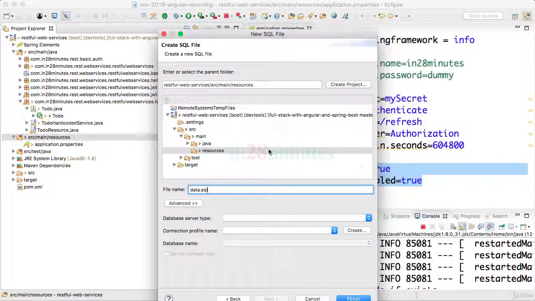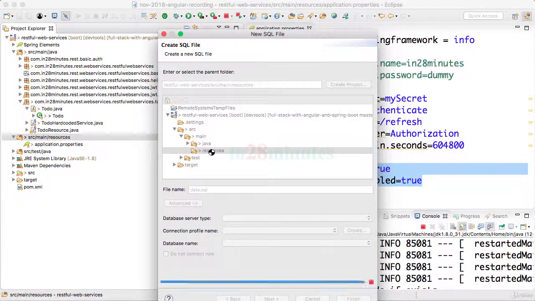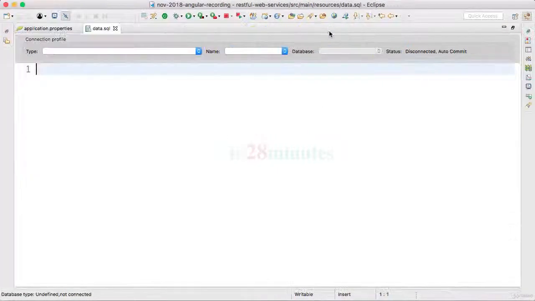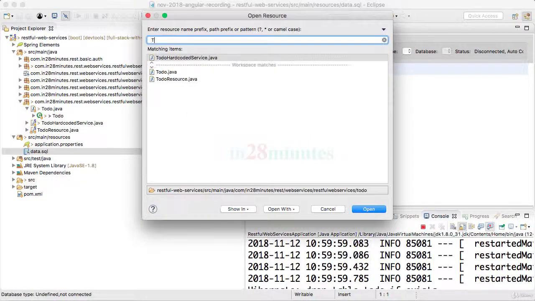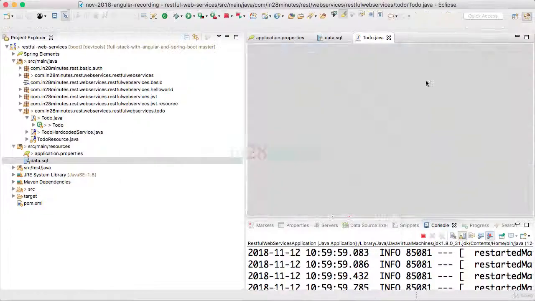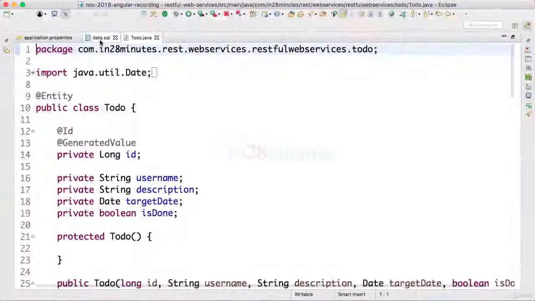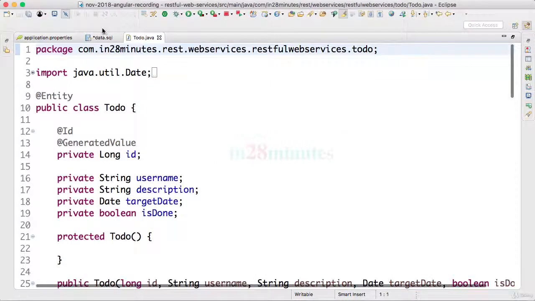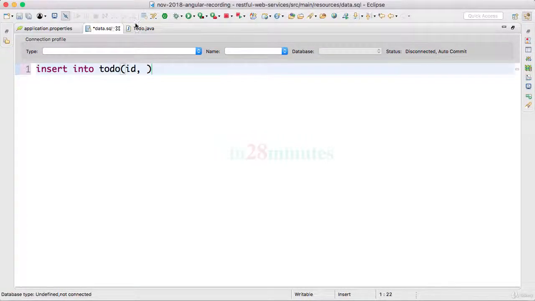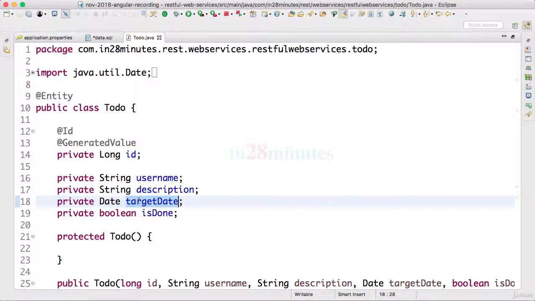The important thing is which folder I'm saving it to. It should be in src/main/resources. So let's click finish, and over here I would want to populate data into the todo table. Let's get the Todo.java class so that we have that as a reference. We would want to enter data into this specific table. Insert into todo, and I would specify the column names, which are id, username, description, target_date. If you have something in camel case in here, where the D is a capital,